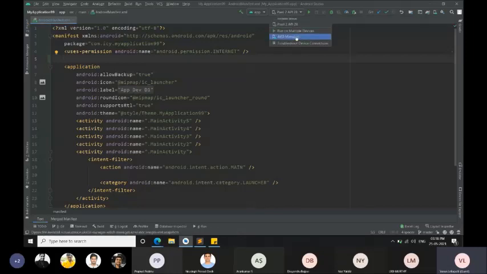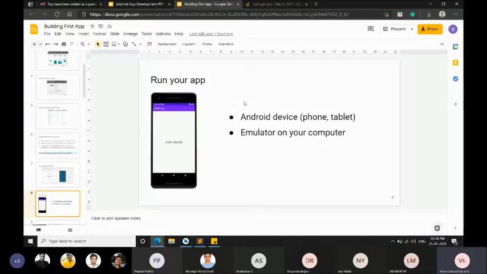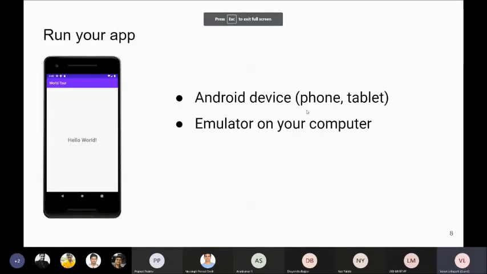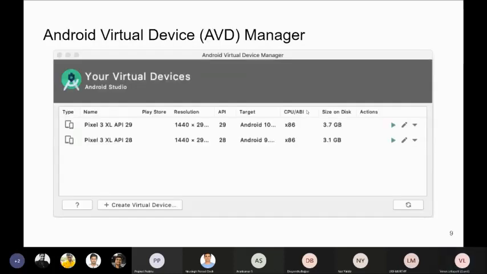You can even create your own devices if you want. The emulator can be Pixel 2 XL or Pixel 3, the latest versions. All the phones are supported to run the emulator, but it makes your system very slow, so beware of that. These are the two virtual devices you can create. For example, just click on create new virtual device and you can create whatever device you want, your favorite device, with the latest versions.